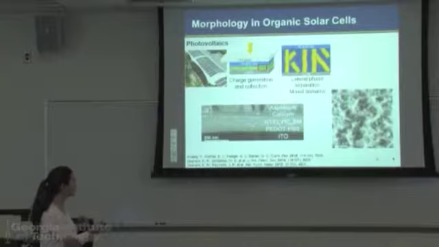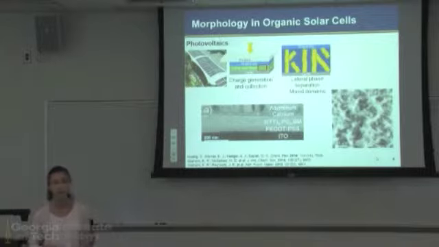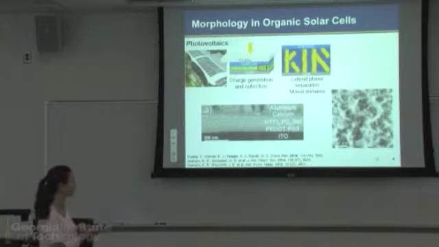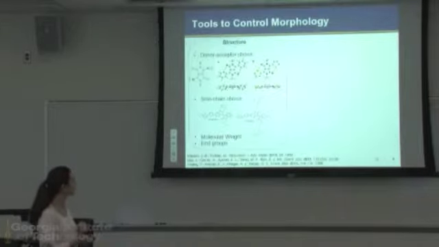And what you can observe is that in the active layer blend, we really have very little control over the phase separation. It seems very random. And you can also see that in the surface topology through atomic force microscopy. So then, several tools that we can use to control the morphology are in terms of the polymer structure, for